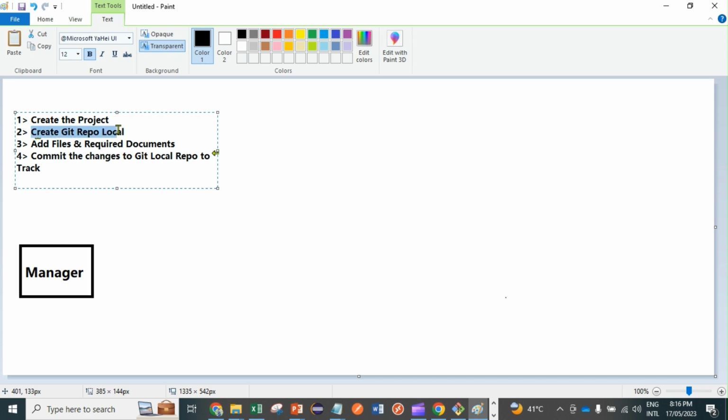As of now the repository is blank. So when he creates or adds a file, he will commit. Once he commits, the file comes under the Git repository for tracking. Then the next thing he will do is push